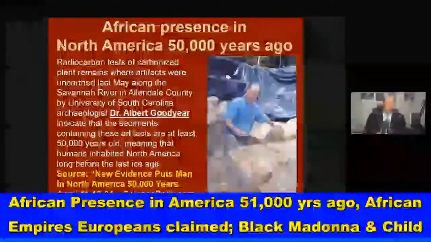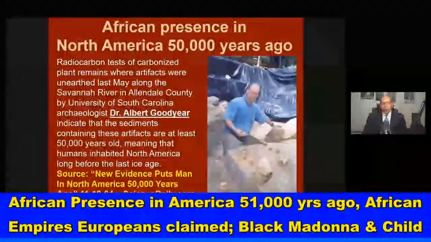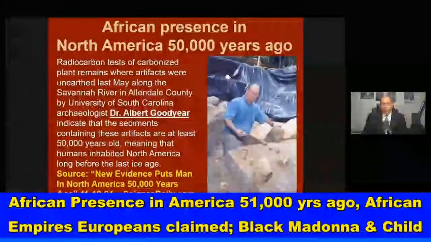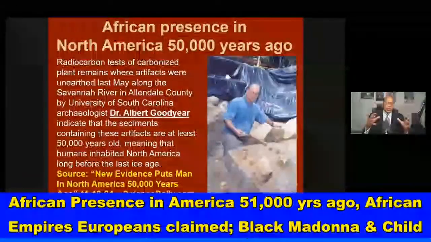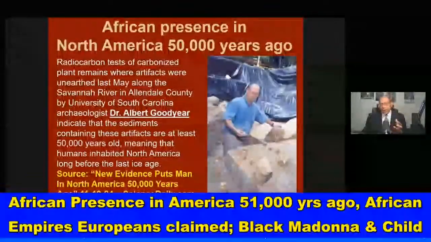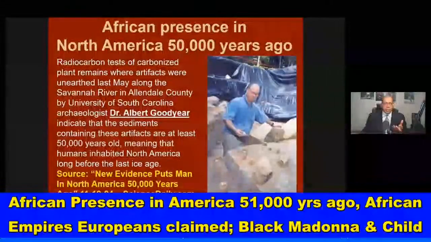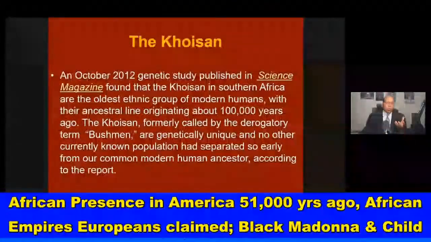This article from ScienceDaily.com, November 18, 2004, entitled New Evidence Puts Man in North America 50,000 Years Ago, talks about his discovery. Okay, ScienceDaily.com, they have all types of archaeological discoveries, scientific discoveries, etc. there. So the Koisan,